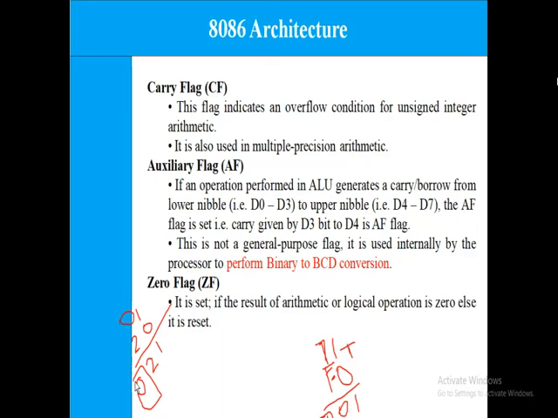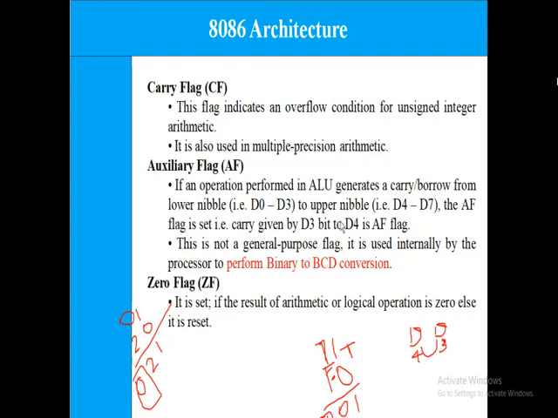It is used internally by the processor to perform binary to BCD conversion. So if there is a carry from the fourth bit to the fifth bit, that is D3, D3 indicates the fourth bit, during any arithmetic or logical operation, then the auxiliary carry flag will be set.